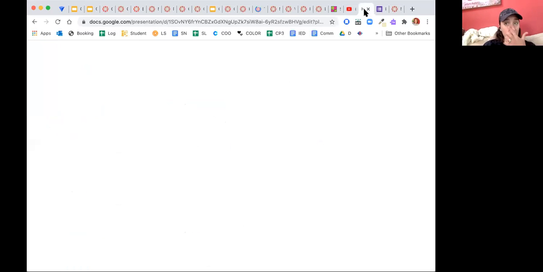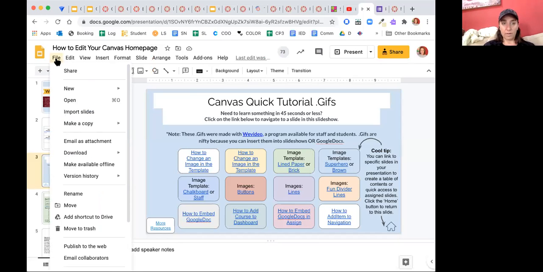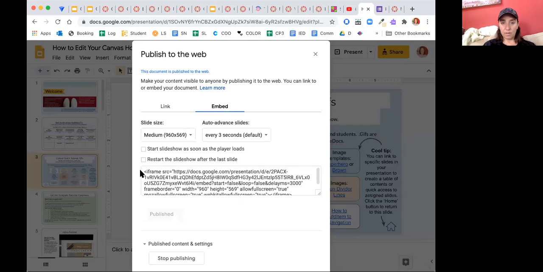Additionally, just about everything, including Google Slide Decks, has an embed code. So for example, right over here, if I say I really want to share this slide deck, I can click on Publish to the Web. And look, it says embed. Again, I don't want to look at any of this stuff. And it gives you different options, like how do I want to see it, etc. All I need to do is copy this